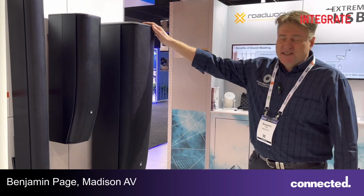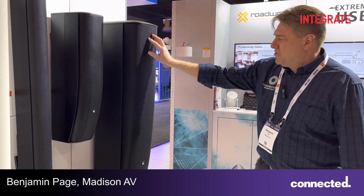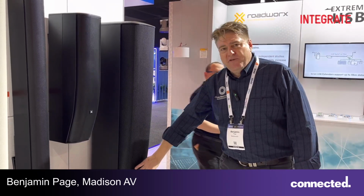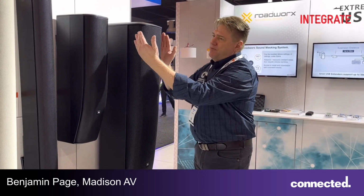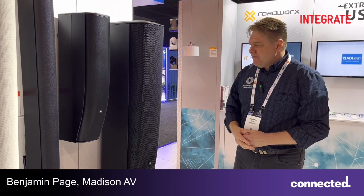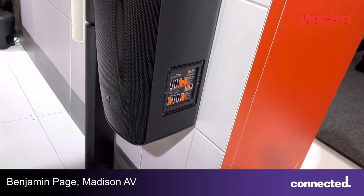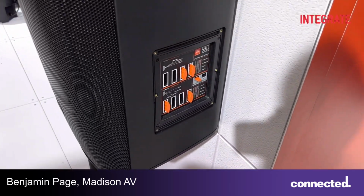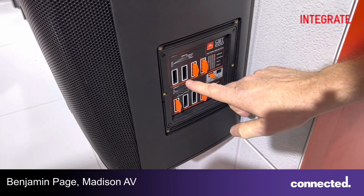It also has a bass extension, but it uses 6.5-inch bass drivers and a whole bunch of tweeters on a waveguide. There are 24 1-inch dome tweeters in there. The waveguide is 100 degrees at the top for long throw and 160 degrees at the bottom for long throw. And if you come around here, I'll show you the connectivity and the control that we can do with our array. So because our acoustic center is the middle of the array,